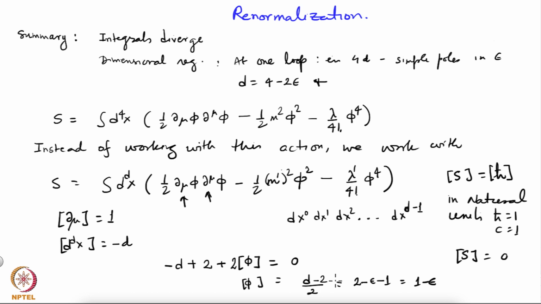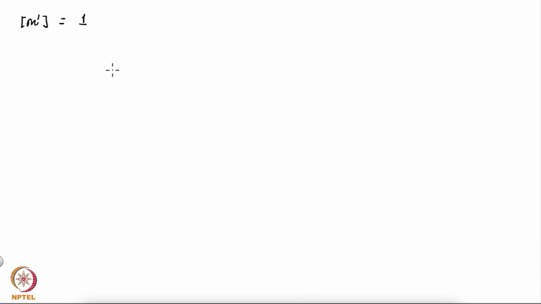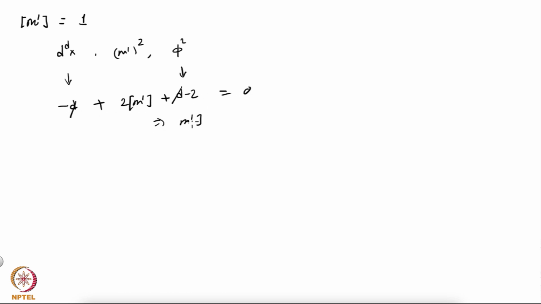And you have a minus d. So write down d^d x, then m prime square, and then phi square. This gives you d minus 2, that gives you minus d, and this is 2 times m prime, and that should add up to 0, and you see that m prime has dimensions of mass,